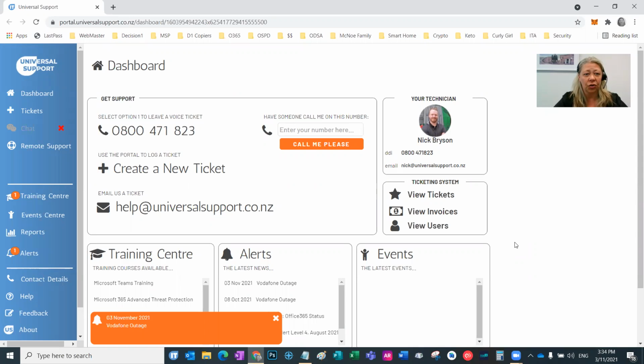First thing I want to show you is this big orange pop-up here down the bottom. Now that is an alert bubble. If there is something happening on the broadband networks, or if there's roadworks happening outside your office, or if there's something going on that might potentially interfere with your work or being able to access the internet or being able to access anything really,